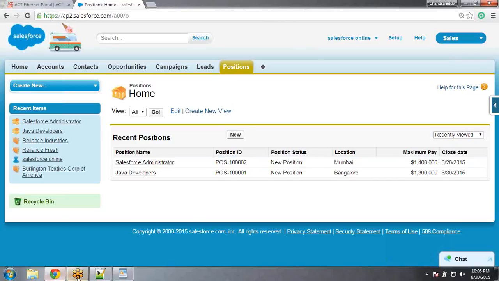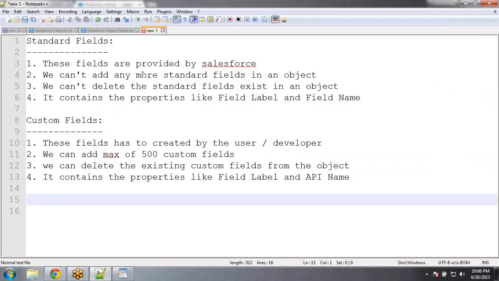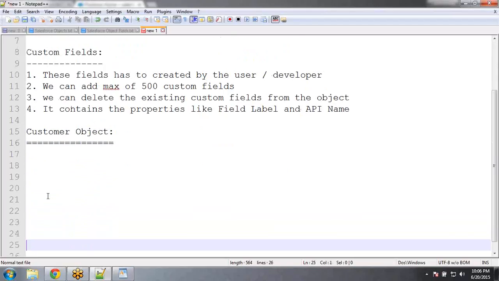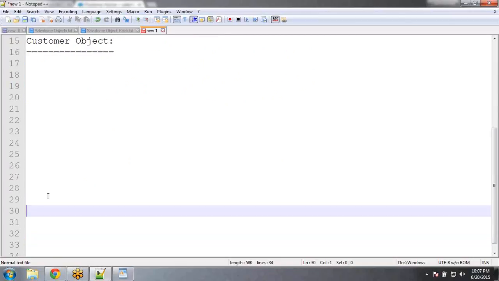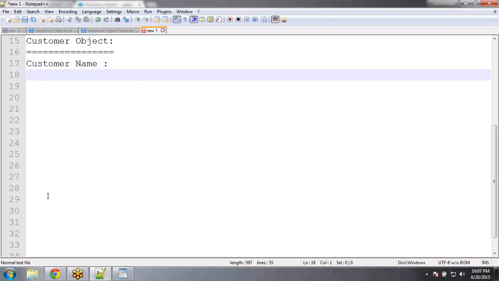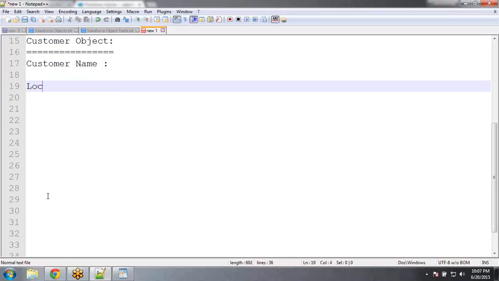So I want to create a new object with the name customer. For this customer object, I want to provide the customer name, various fields, and then I want to provide the